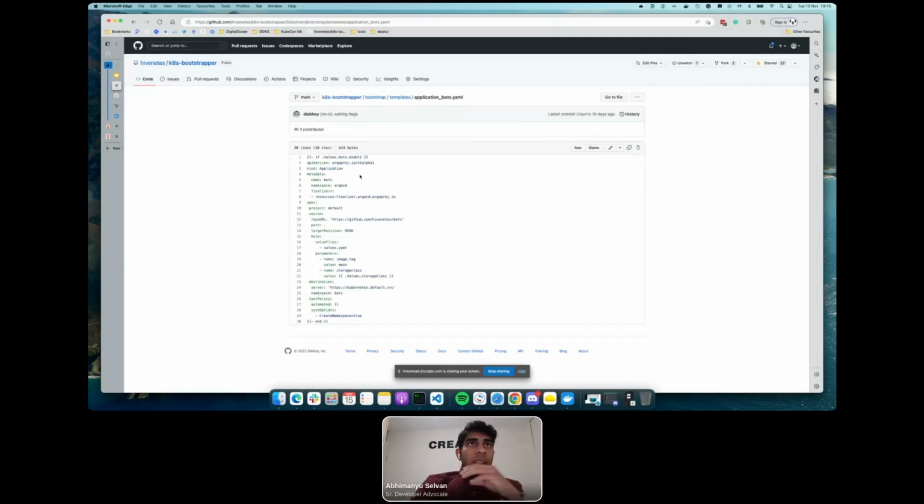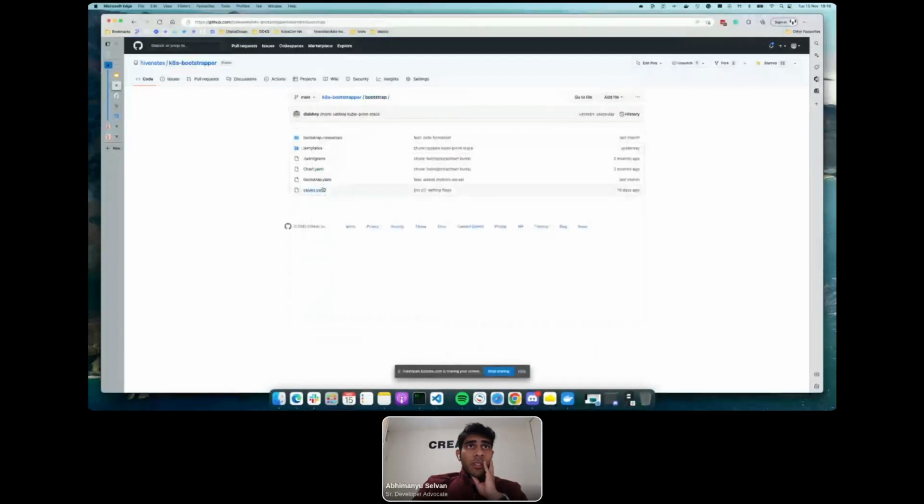So basically what you're saying is, it's an application, go to this particular repository, make sure it's always in sync with head, use the values.yaml file, and I'm just configuring the app. I'm just overriding the Helm parameters. So I have a Helm chart for the bots app. I'm saying, hey, use these YAML files, but also override them with all these values that we've provided